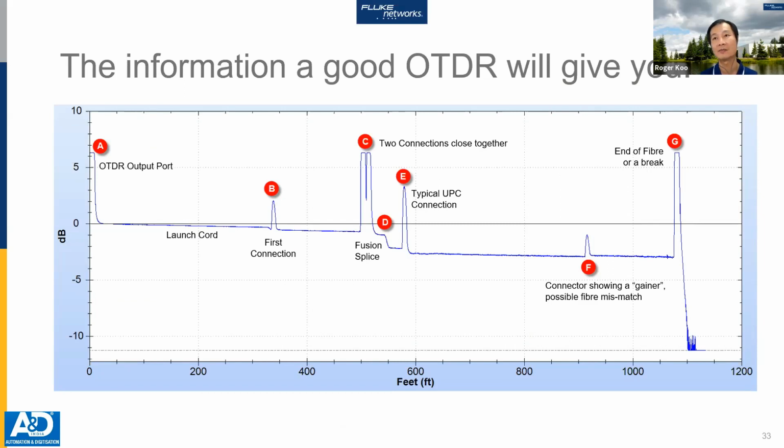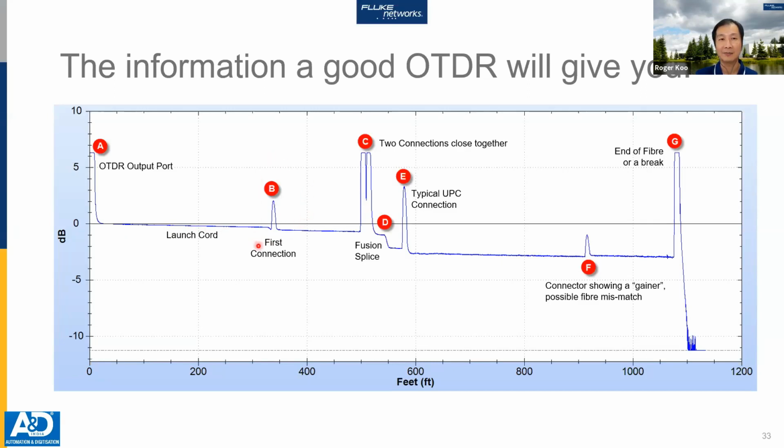You can see a number of information stated in this particular trace. Let me just briefly bring you to some of this. Any spike that you see, actually from the beginning where you see is A, this is where the OTDR starts to go through the output port, and you see a launch cord, which is a patch cord, before it engages